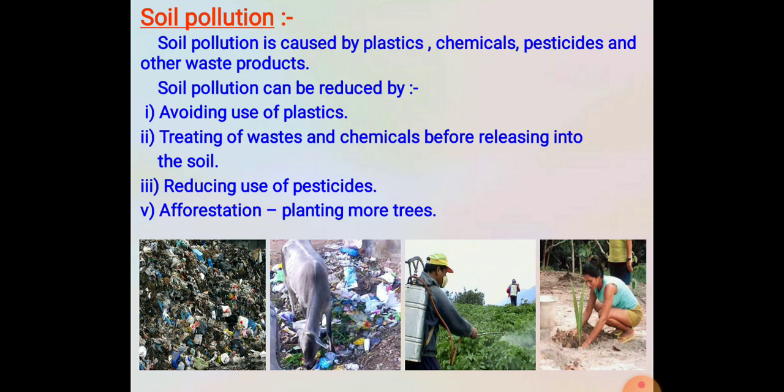Now why is fertility reduction so important? Because if the fertility gets reduced, no crop production can be done, no plantation can be done, and our environment will be destroyed. So the best way to protect against soil pollution or any kind of pollution, air pollution also, is to plant a tree. So afforestation, or planting more and more trees, is the best way to protect our environment. So students, today you are all going to plant a tree inside or nearby your house and protect our environment.